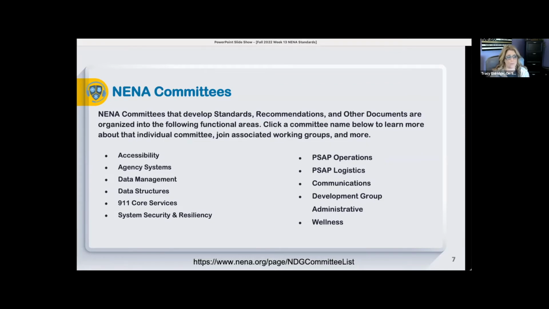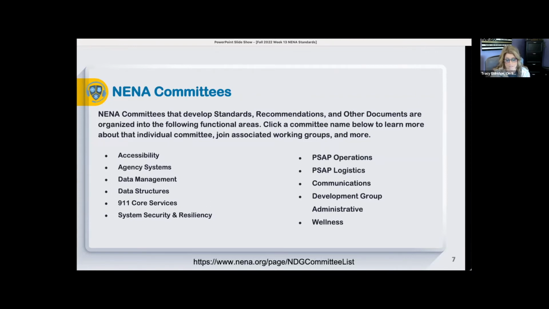So we look into the categories of accessibility, agency systems, database management, data structures, 911 core services. Some of the i3 stuff that we just recently talked about, that's where you can find that. System security and resilience, PSAP operations, scheduling, PSAP logistics, communications as a whole, development group administrative stuff,